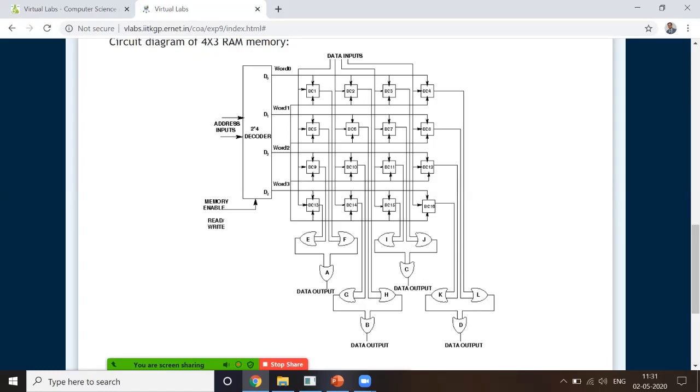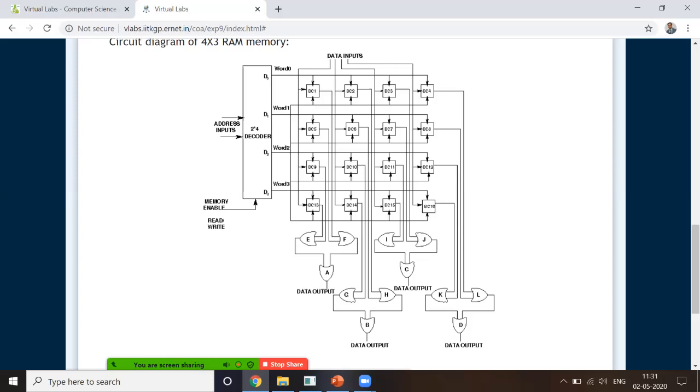What this experiment is basically doing is, it has the single RAM cell that we have seen in the virtual lab simulator. This cell is able to store one single bit of information, that is either 1 or 0. Likewise, we have taken 16 cells over here. Here, it designs a storage of 4-bit memory. That means at one time we can store 4 bits, and it goes row-wise. So this is one single row that can be read or written at a time. This is a second row that can be read or written at a time, and so on. So there are a total of 4 rows, and every row consists of 4 bits of information.